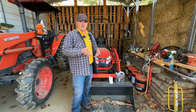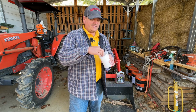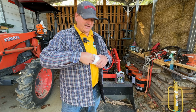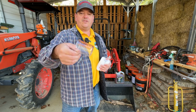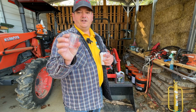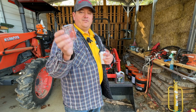The way that I'm going to go about putting this in there is I bought some little Pyrex glass measuring cups, and I got a couple different sizes here. I just bought these off of Amazon. They're glass, so you don't have to worry about chemicals or anything hurting them. And it's pretty much got every measurement that you would need on here. It's got ounces down to quarter ounces, milliliters,